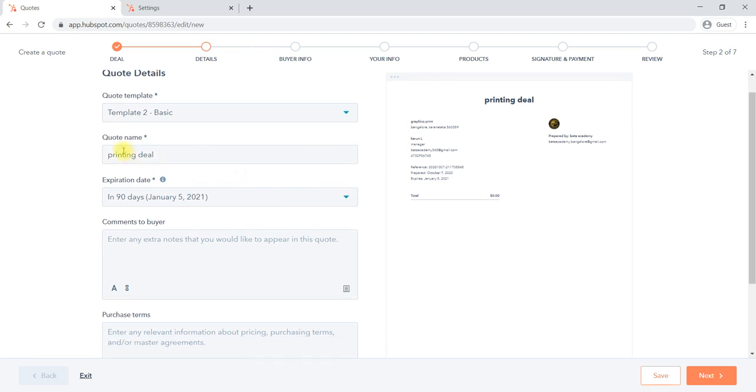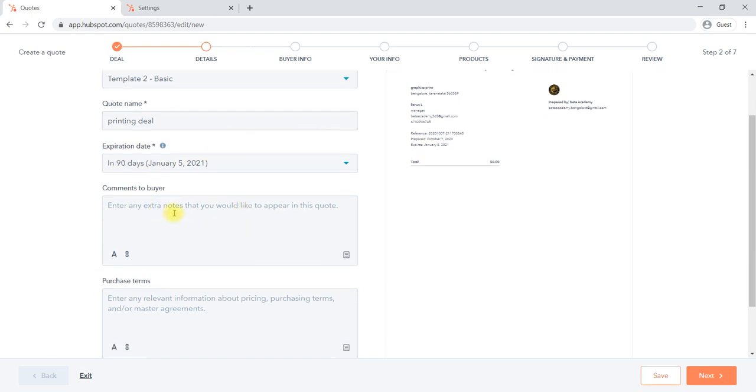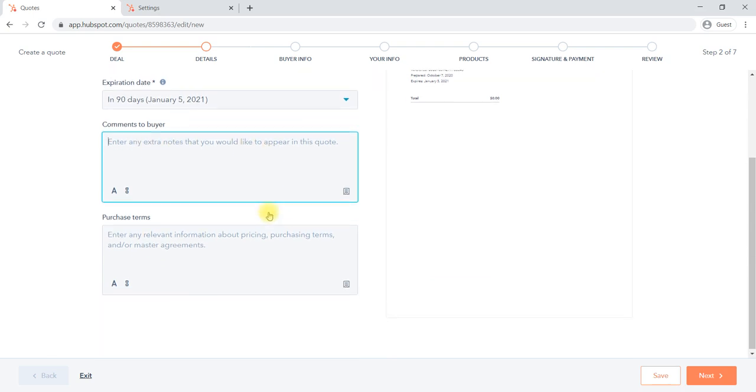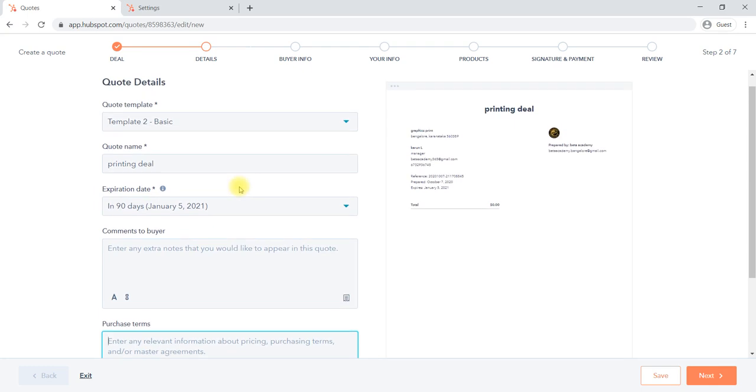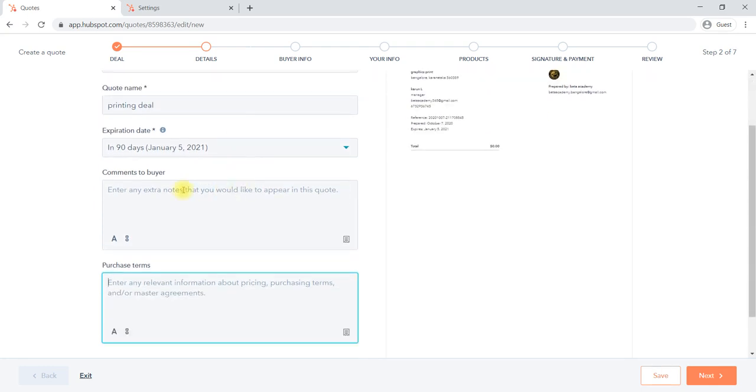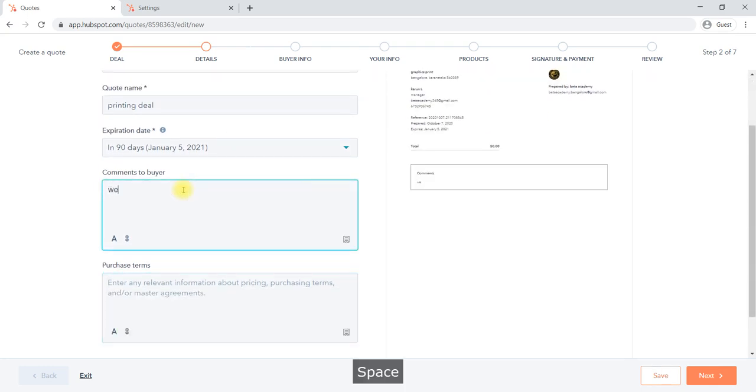And the name of the quote: printing deal. In 19 days this quotation will expire. And a comment to the buyer, whatever you would like to say to the buyer. And in purchase items you can write what you are going to purchase. For example, a comment like we are happy to deal with you.